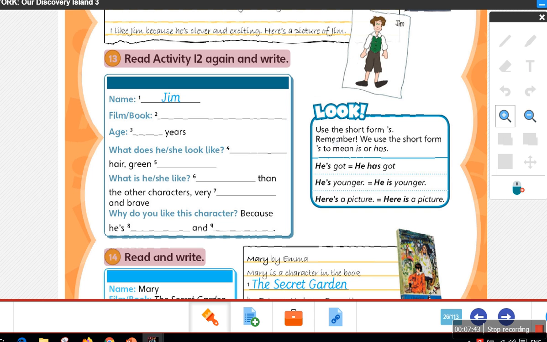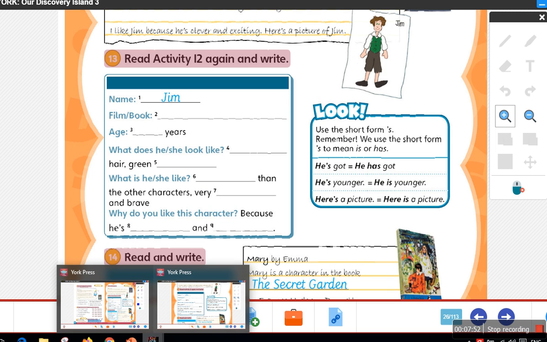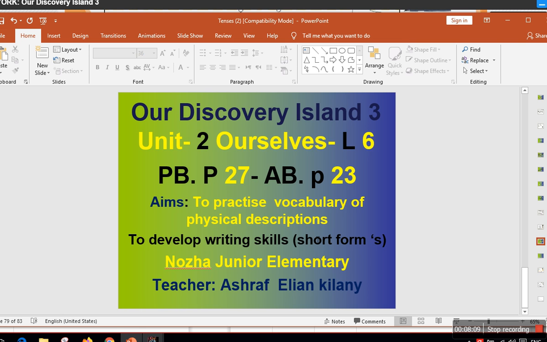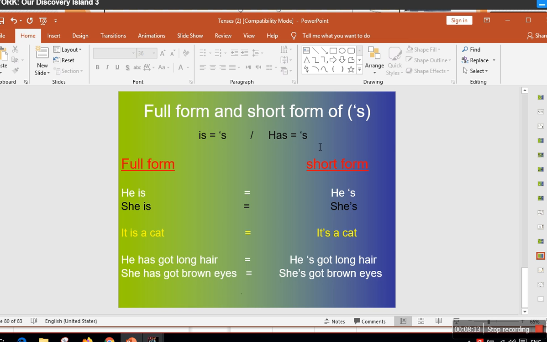Here we have to talk about the short form, apostrophe s. Of course, we know that for some words in English, like helping verbs, some have full forms and also short forms. So I prepared a PowerPoint slide that's going to be helpful for you and clarify the difference between full form and short form. Okay,